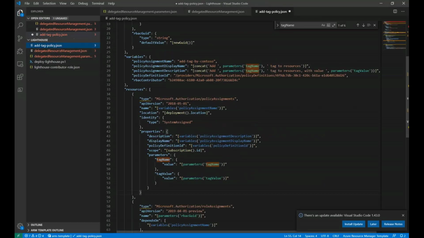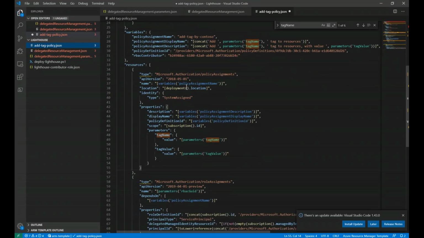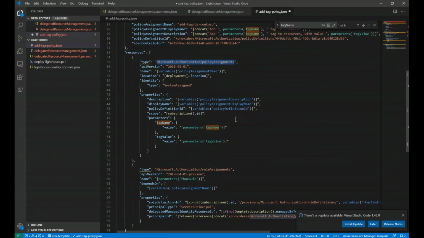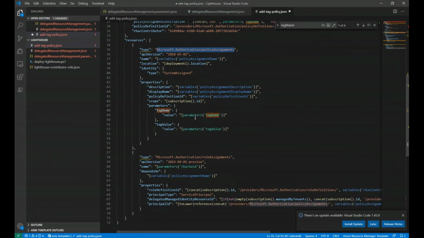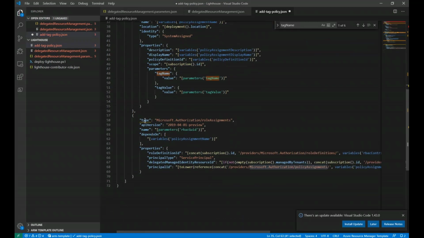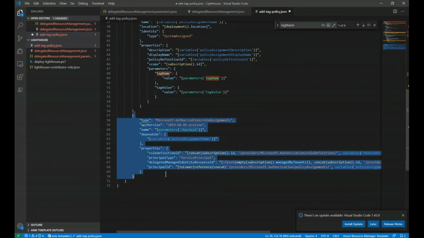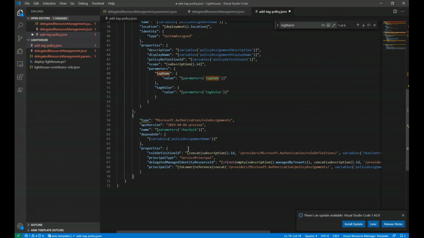That's this one. And you can see it simply lists out a policy assignment. It's using a built-in policy definition, and the policy definition is the one for adding a tag and value to a resource. The tag name and value are specified in parameters, and the role assignment here is to enable the remediation. So this is assigning the role, in this case the contributor role, to the managed identity of the policy,